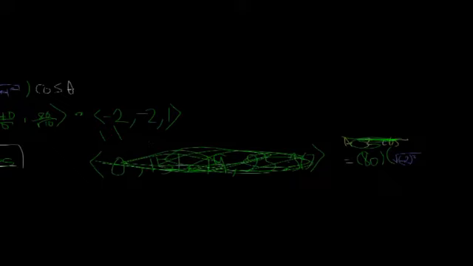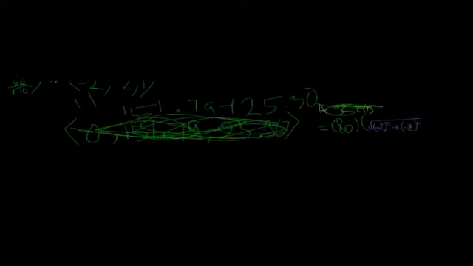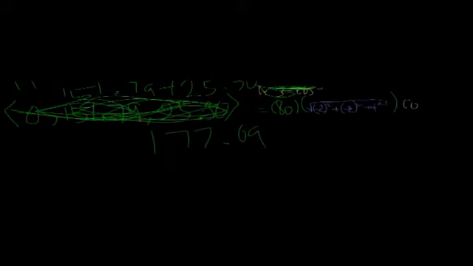All right, it's 151.79 plus 25.30, which is 177.09. 177.09 divided by